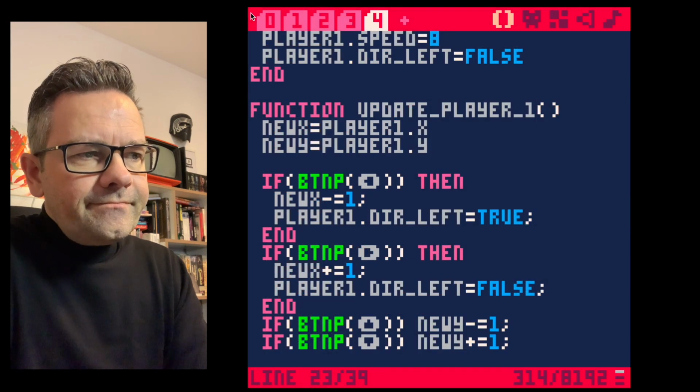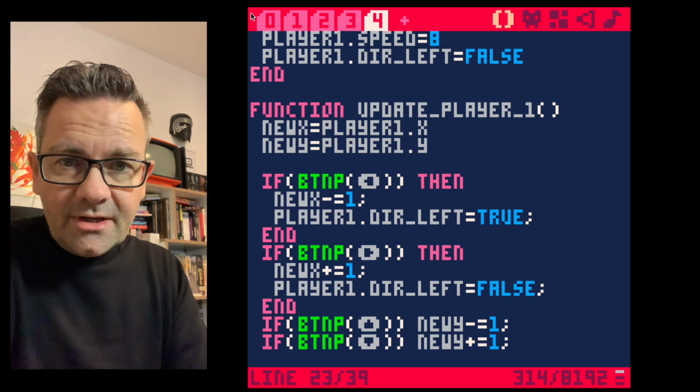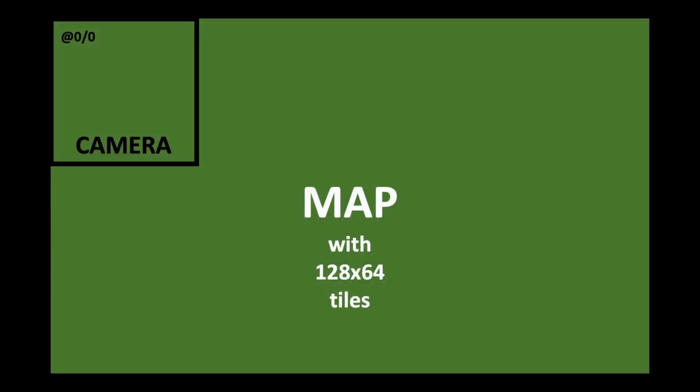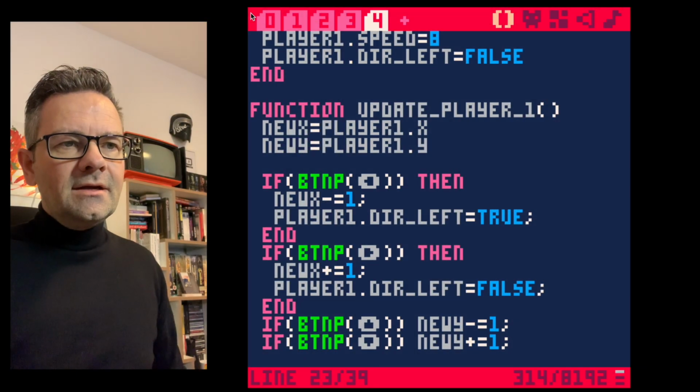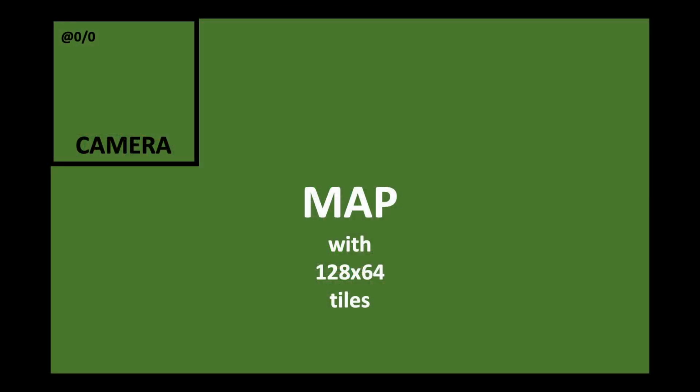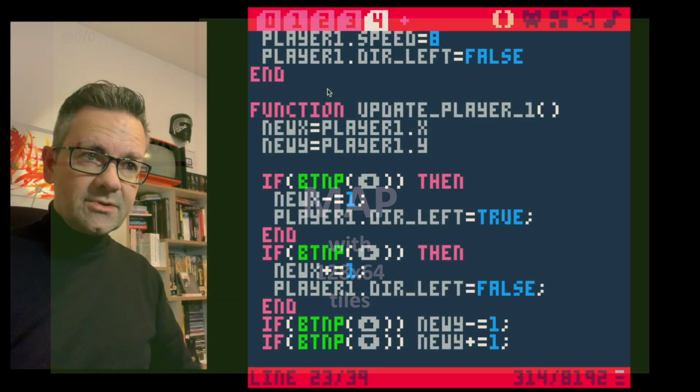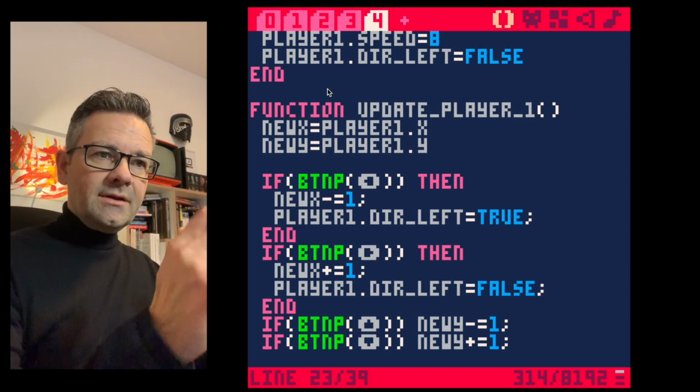And we have something called a camera in PICO-8, and that is the part of the screen that is displayed. And if we move the camera, we move this over a virtual screen, which can be much taller, which is the map size, and the camera always starts at 0, 0. So if you don't move the camera, you will never notice that the camera has moved. But if you move the camera, you can see how it slowly goes over the screen. And what we do is we move the camera, and